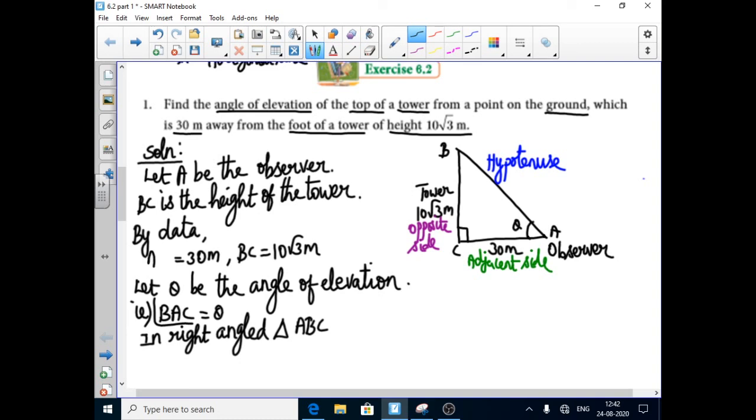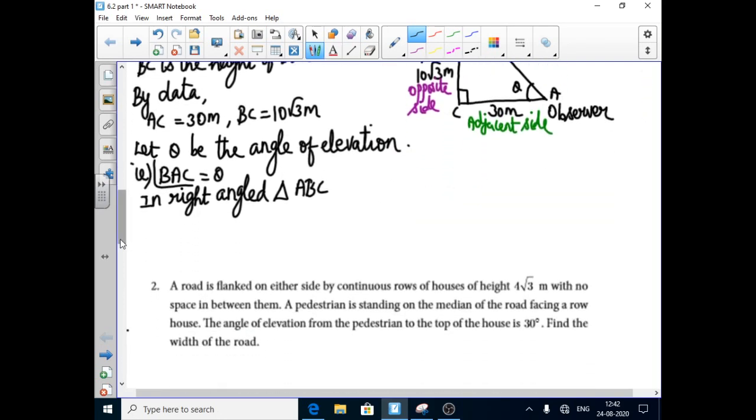AC equal to 30 meter. Let theta be the angle CAB. Right angle triangle, write the right angle in between, ACB. We have to take tan theta. So tan theta equal to,